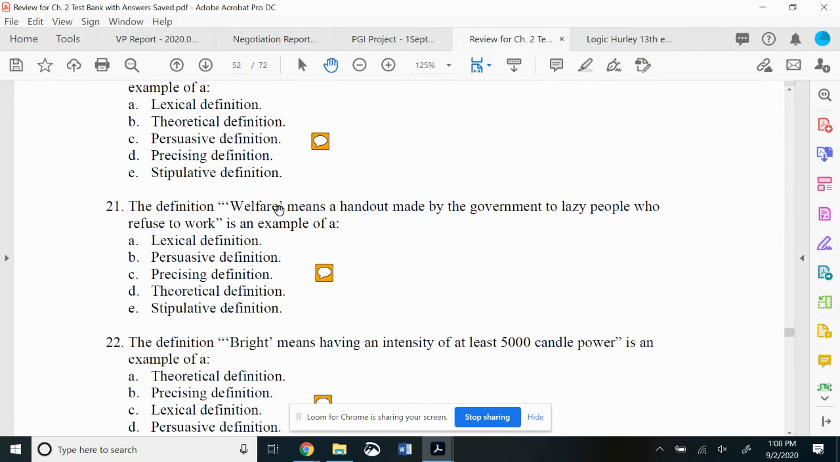21. The definition of welfare means a handout made by the government to lazy people who refuse to work. It is an example of. How many of you got stipulative? Wrong. How many of you got lexical? Wrong. How many of you got persuasive? Right. So it's using emotive language to persuade you. Okay. In other words, it could be